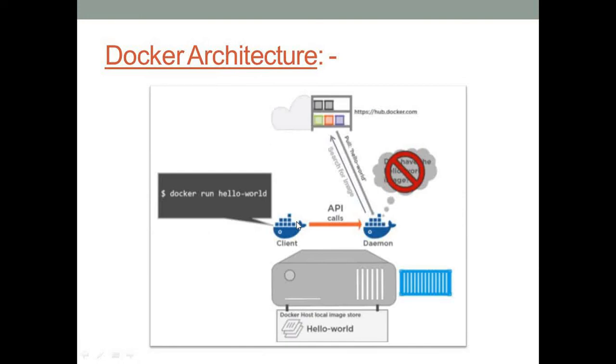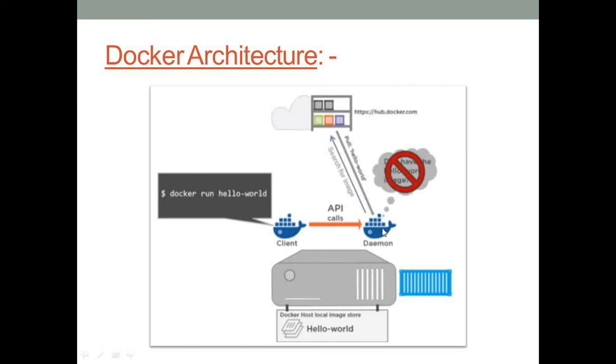Whenever we initialize any container, what happens in the background? First of all, when we run the command docker run hello-world on the Docker CLI, which is the client, it makes an API call to the daemon. When it makes the API call to the daemon, it is going to search our local directory first: is the hello-world image present? When it finds there is no hello-world image locally,